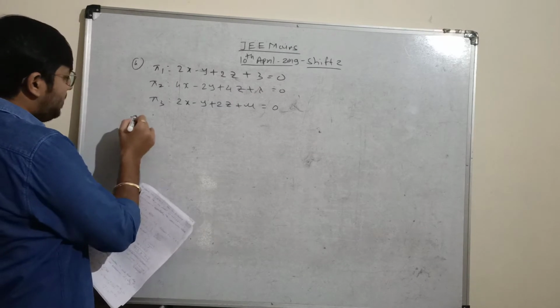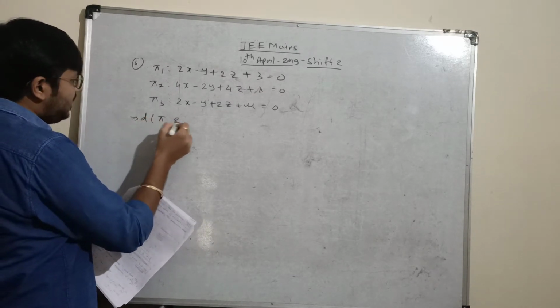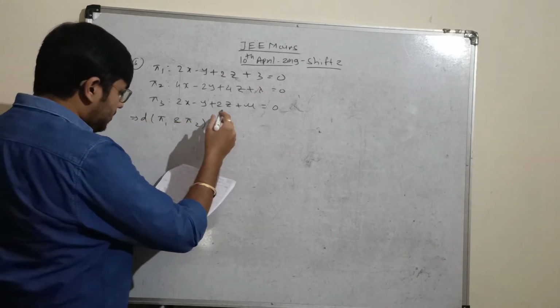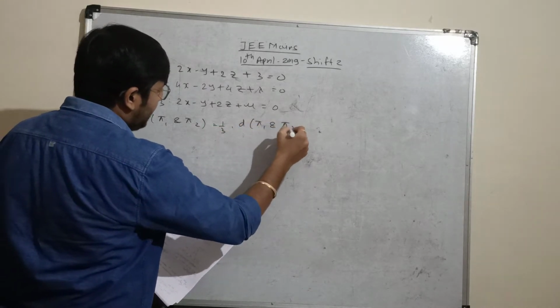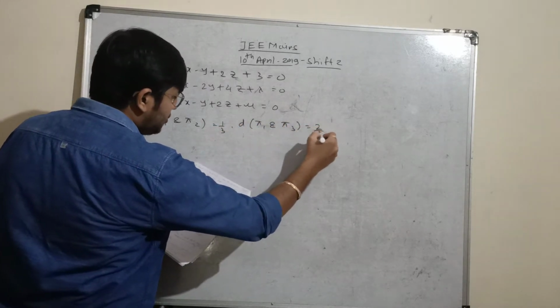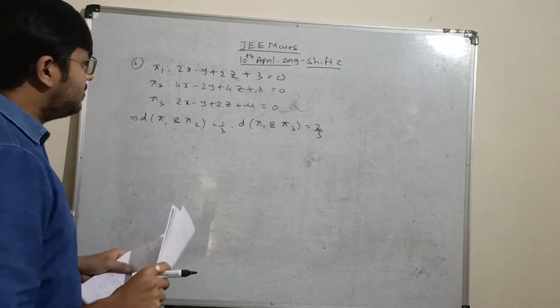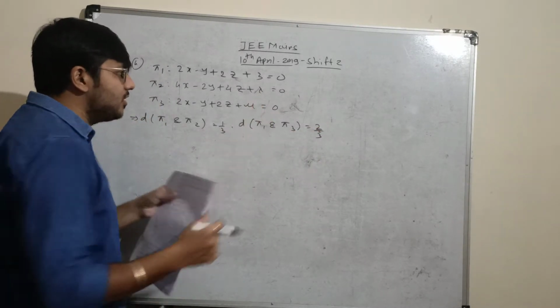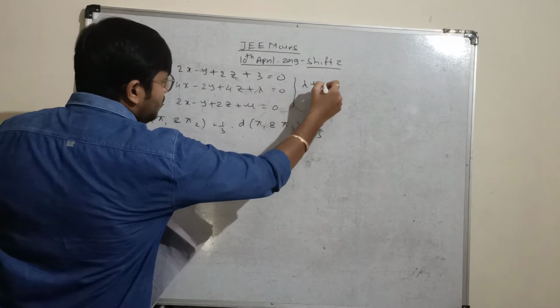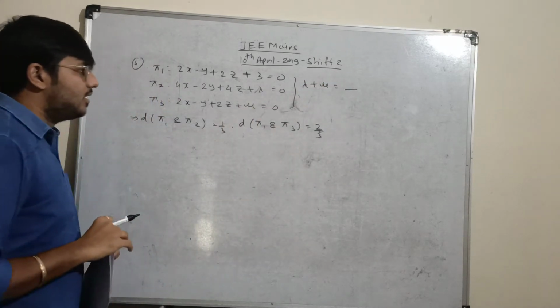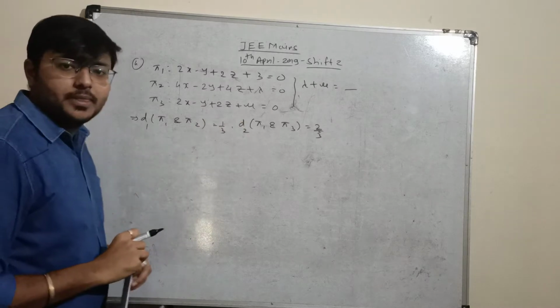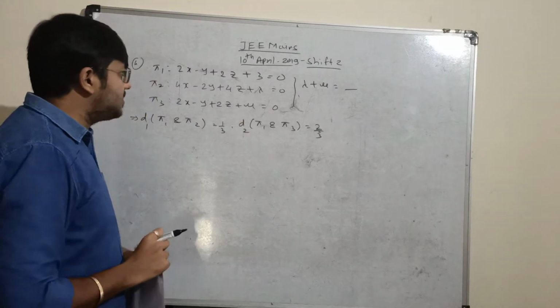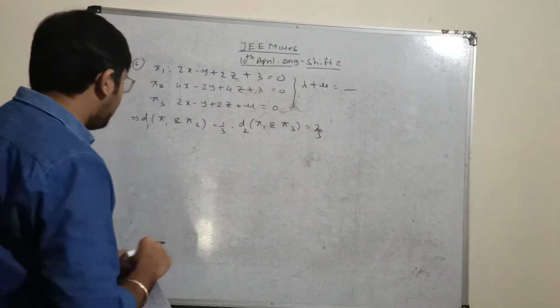Now here it is given that the distance between pi 1 and pi 2 is equal to 1 by 3, and the distance between pi 1 and pi 3 is 2 by 3. So we have to find the value of lambda plus mu. We need to find the value of lambda plus mu, right? So let's say this is distance d1 and this is distance d2. Okay. So with the use of the distance between two parallel planes, let's find out first of all